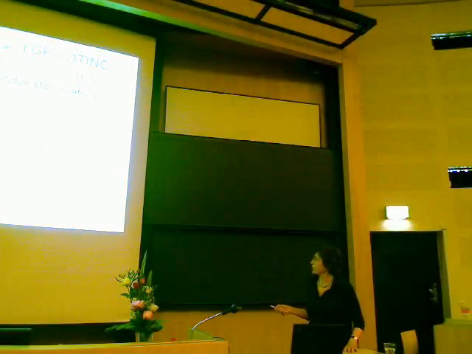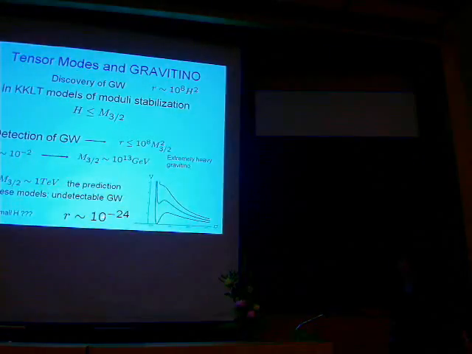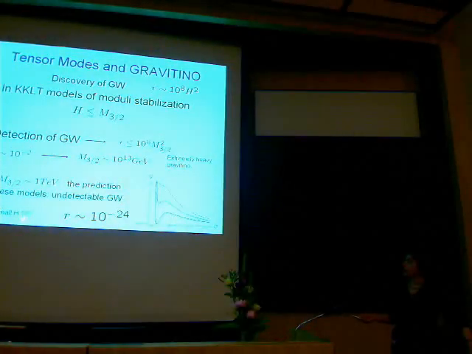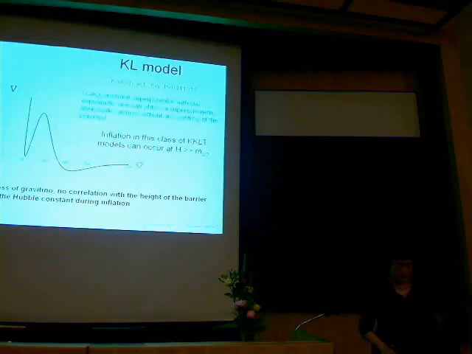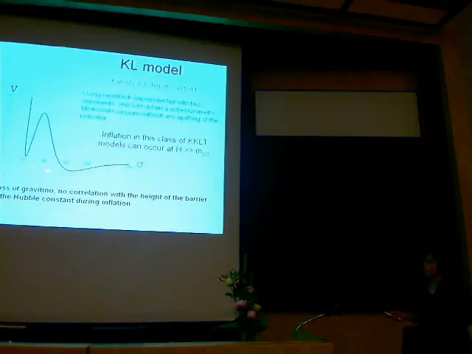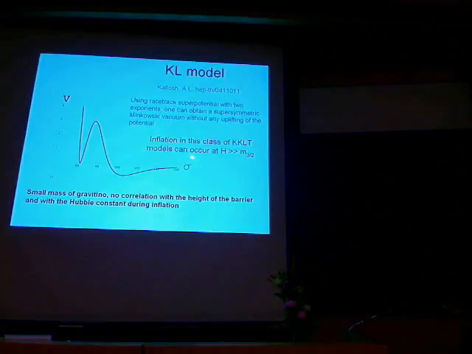However, in this situation, if the gravitino is light, and if we use the models which were well explored, where the height of the barrier protects the volume of the six dimensions from becoming infinite, then it leads to an extremely small H, unless we use this class of models, which were designed specifically so that the model has a minimum, a Minkowski minimum, and the height of the barrier is completely independent of the Hubble parameter. However, this model was not